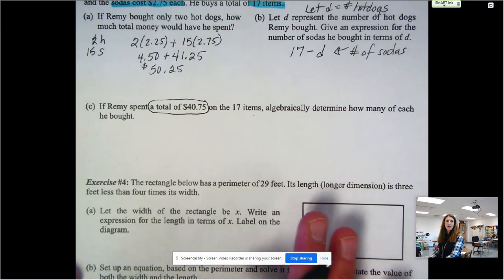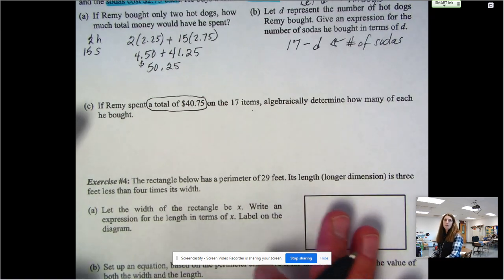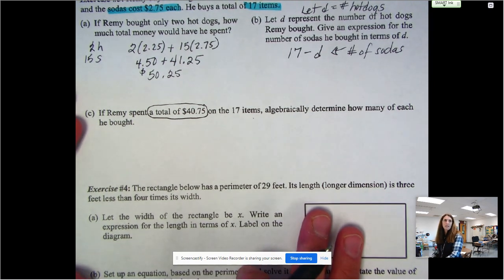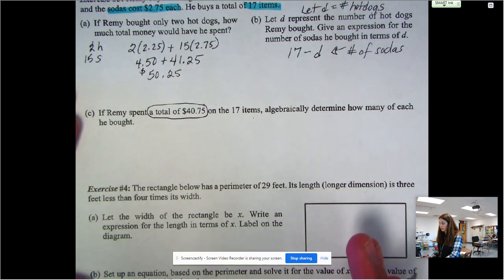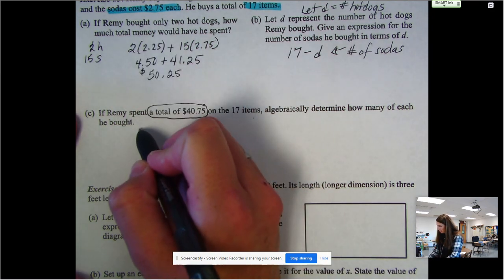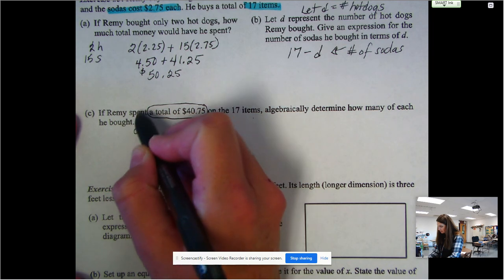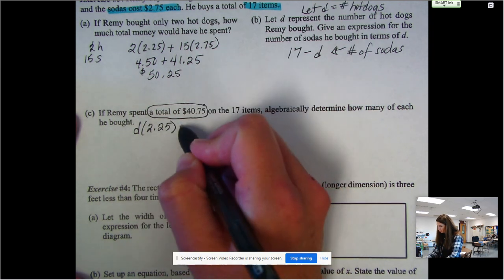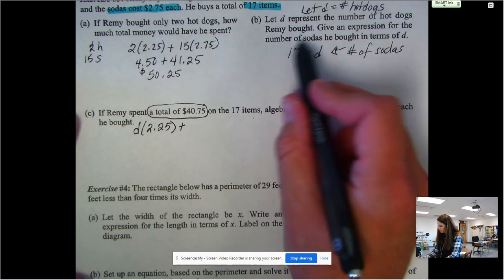We're going to use the generic amount of hot dogs and the generic amount of sodas, so that way we can plug in and find out how many he really bought. So instead of 2, we're going to use D, because that was the hot dogs. So the number of hot dogs times $2.25 plus the number of sodas, which we just said was going to be 17 minus D,